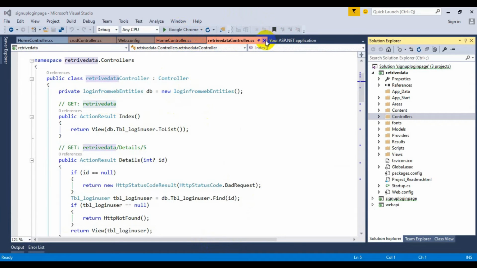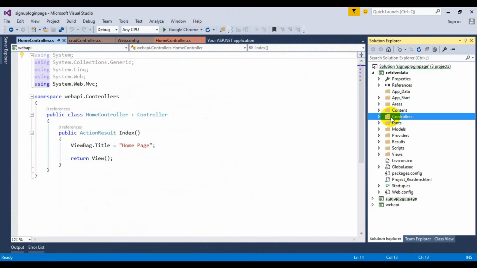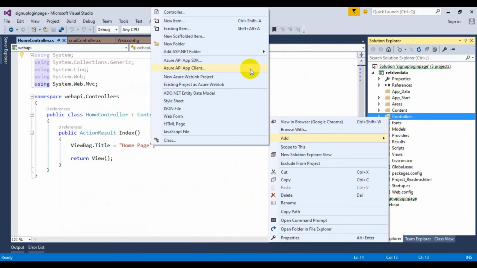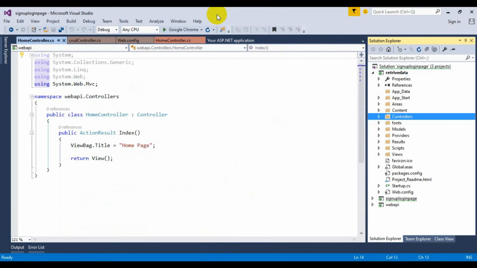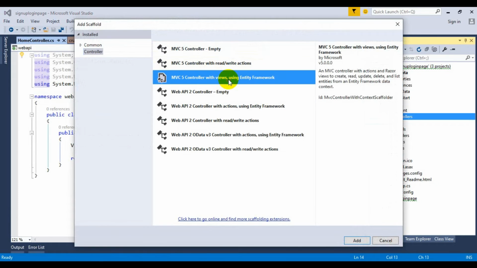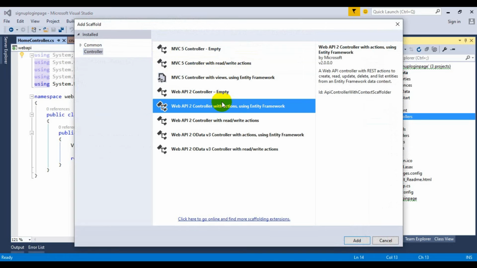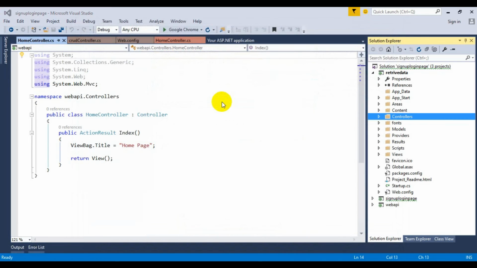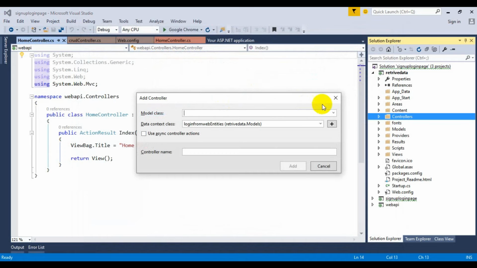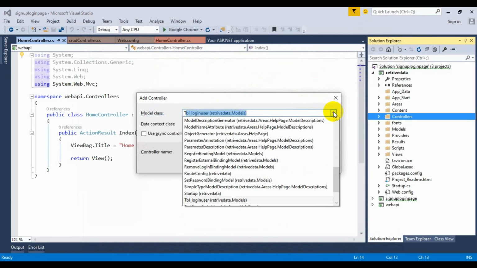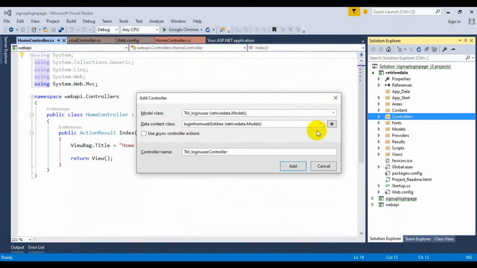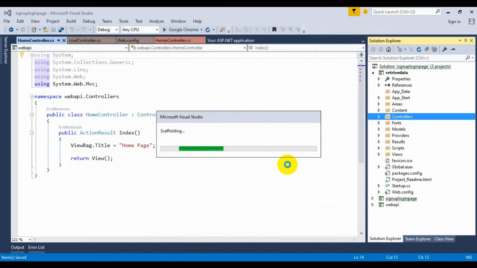We have some mistake here, so we have to add the controller again. In this controller I had selected the MVC5 controller. I have to select the Web API 2 controller with actions. So I set the model class name table login user and retrieve data as the controller name. You can change the name of your controller.